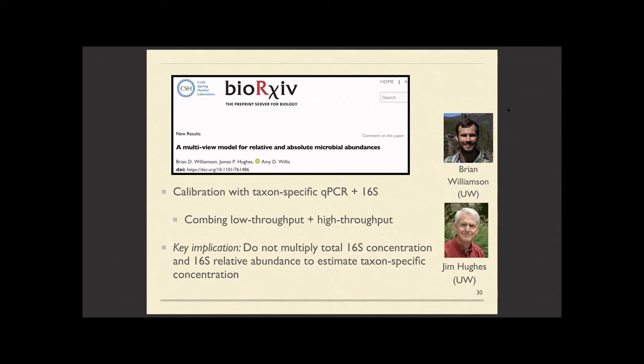So if you're working in, especially, a clinical context, or your collaborators care a lot about, or have developed, qPCR primers for specific taxa, the method described in this paper that's available as a preprint may help you model or may help you predict the actual abundances of taxa in your community, even the ones for which you don't have qPCR primers.